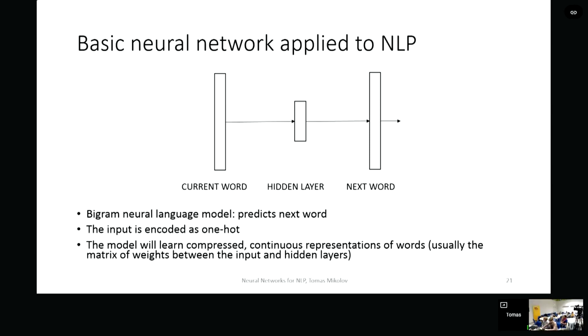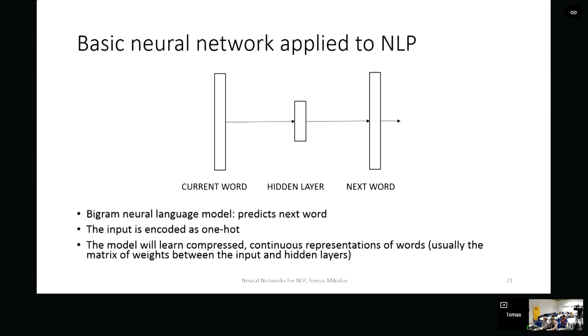Imagine that you have a stream of words, and you are trying to build a neural network where, given the current word, you are trying to predict the next word, the future word in the sequence, by going through one hidden layer. So it's very simple. There are just these two weight matrices between the current word and the hidden layer, and between the hidden layer and the next word. And the next word is encoded as one of n, the same for the current word.